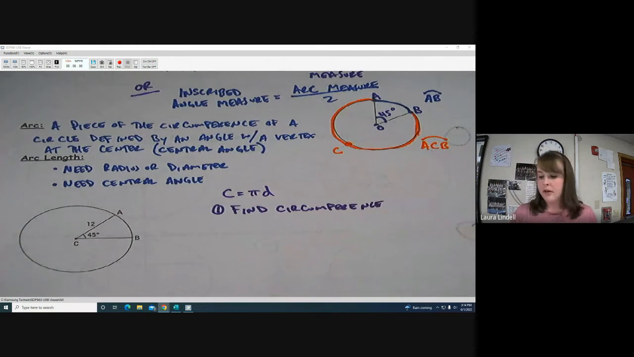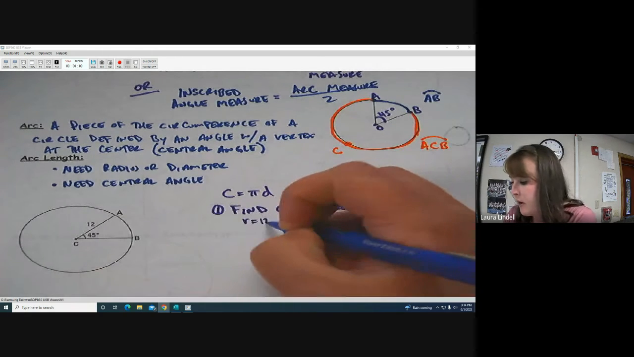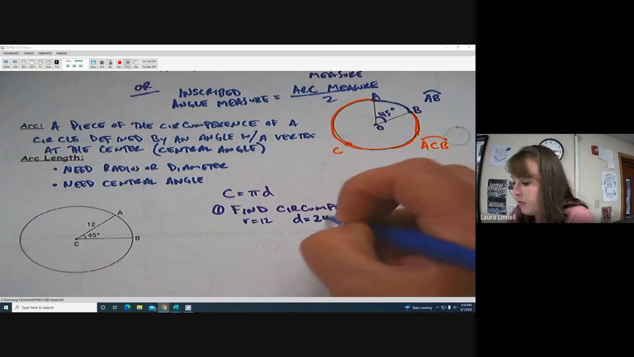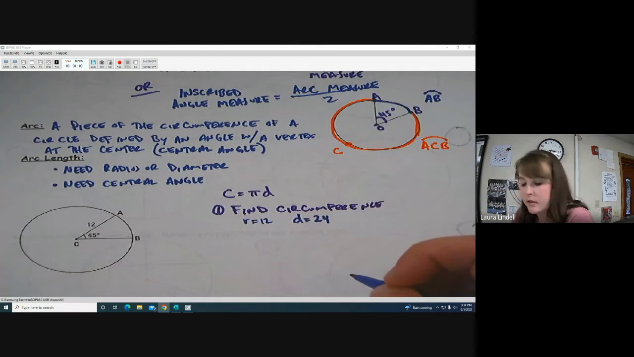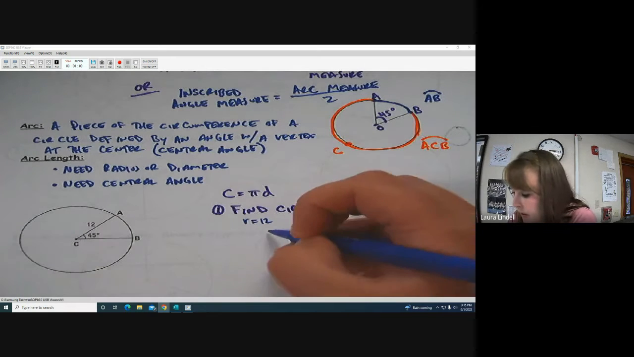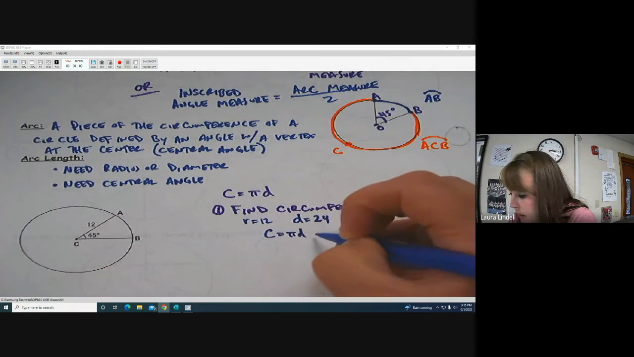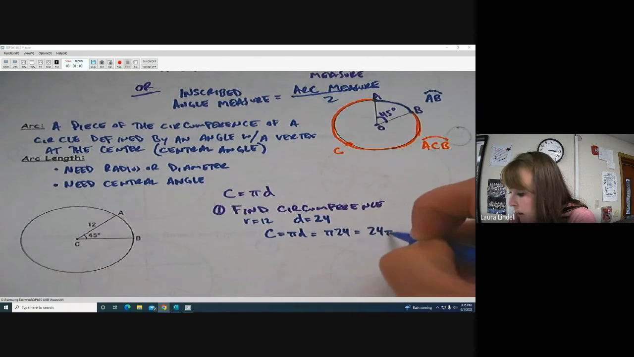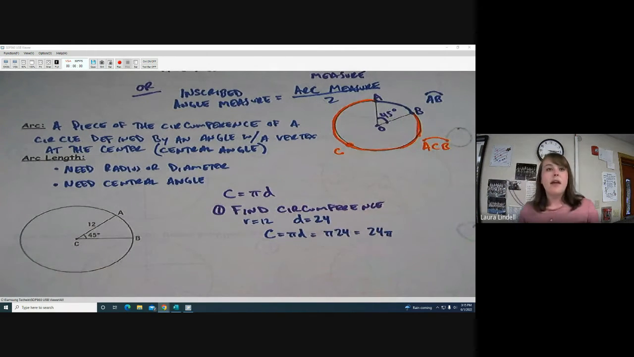All right, so if we look at this particular picture, we know that the radius is 12, so then the diameter is going to be 24. So then when I do pi times diameter to get circumference, pi times diameter is going to be pi times 24, or 24 pi if we're writing things in exact form. And for now, we're going to leave it in exact form. So that's step one, find the circumference. Step two,